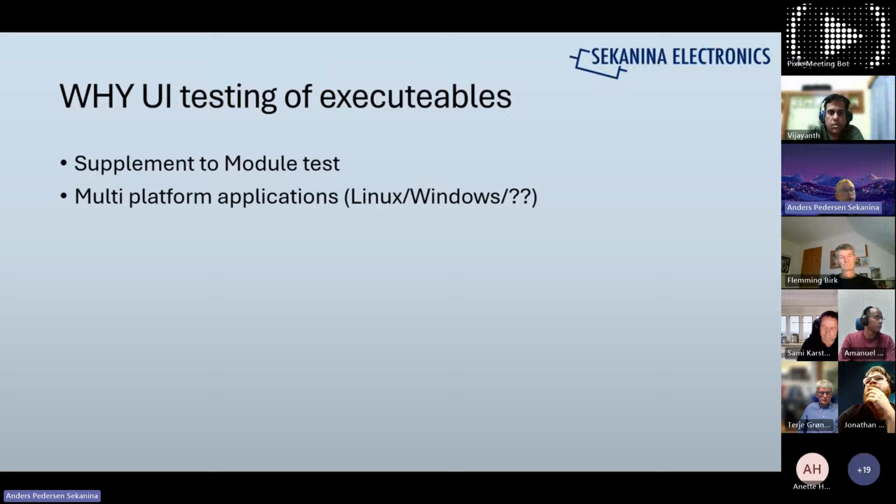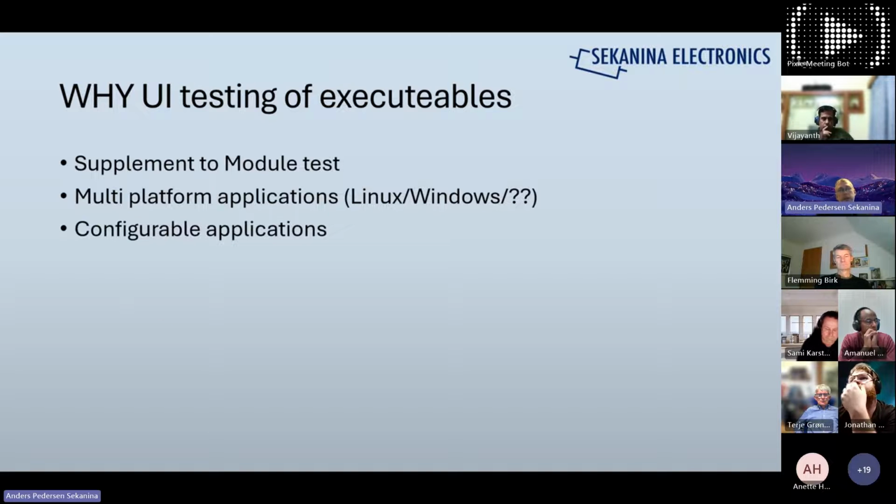Also, if you have multi-platform, it's actually my reason with one of my customers to look into it, because we want to have the same running in Linux and Windows, and it's talking to other applications. So when we push something, we want it to be built and tested both in Windows and Linux, with the whole system around, so we are sure when we do a change that everything is working.